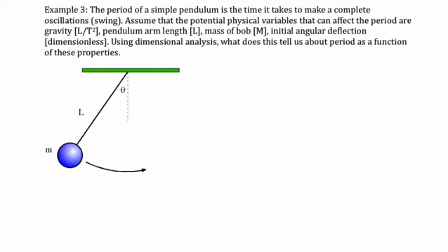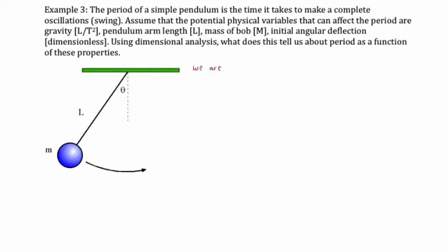So without knowing anything about particular theories related to pendulums, or even to motion under the influence of gravity, we could just use our knowledge of physical dimensions, because every equation in physics is only true if both sides of the equation are both numerically equal and dimensionally equal. Okay, so